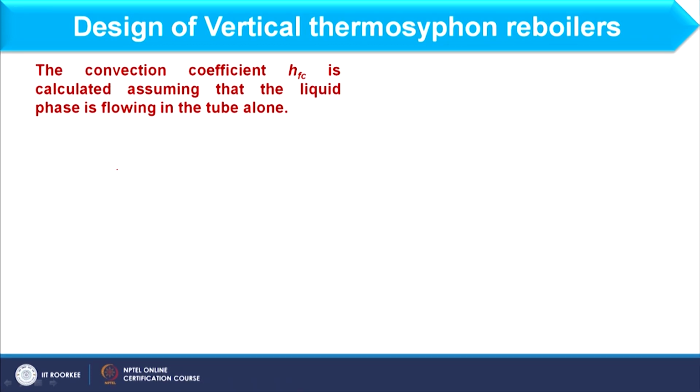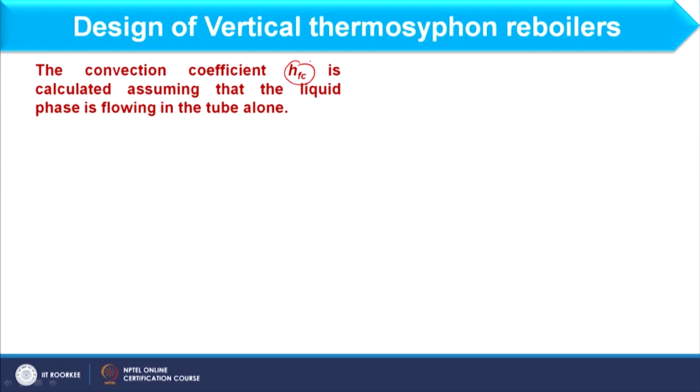And further we have to consider the convective coefficient, okay, because when liquid is available and vapor is available, we have both mechanisms of heat transfer: convective heat transfer as well as nucleate boiling, right. So, the convective coefficient, that is h_FC, is calculated assuming that the liquid phase is flowing in the tube alone. Okay. So, here we have the